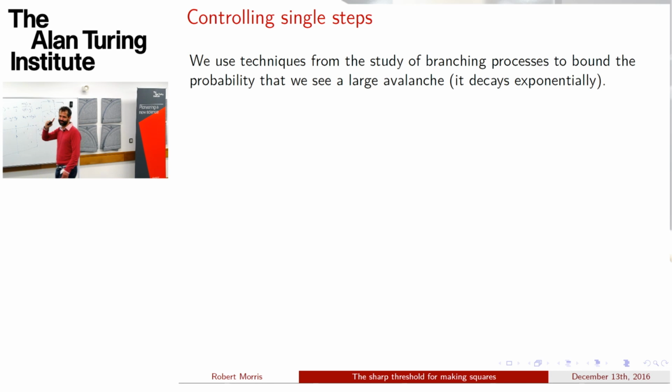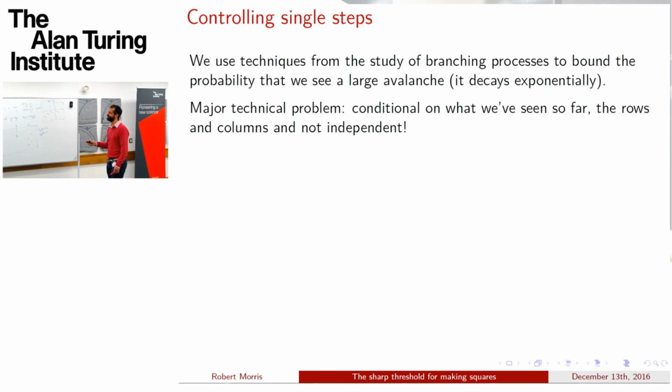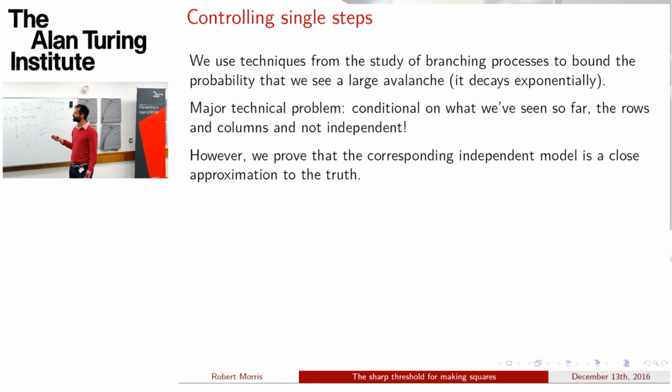Proving this is not so simple, however. Main technical problem, I mean, number theory hasn't introduced itself yet, right? Number theory has to come in at some point. Here's where it comes. The rows and the columns are not independent of each other. Right? So you can't just reveal things and say, okay, great, next thing's independent, life is wonderful, got a Galton-Watson tree, whatever. We have these really kind of subtle dependencies which we have to deal with by some complicated number theory calculations